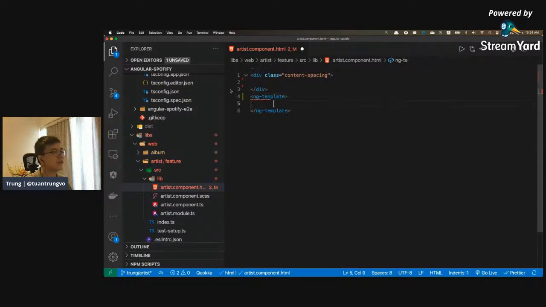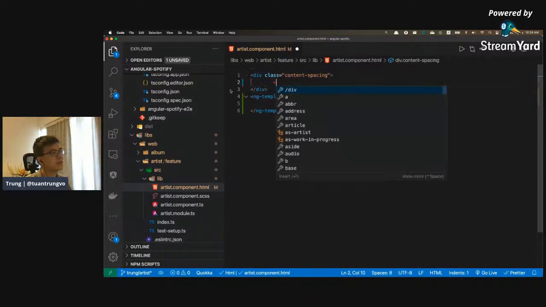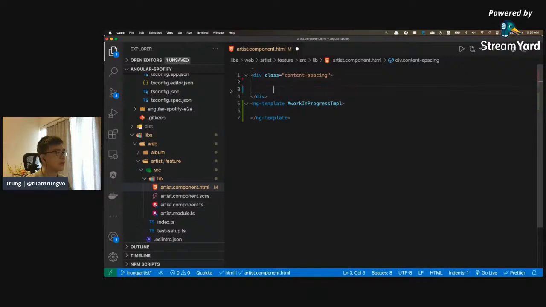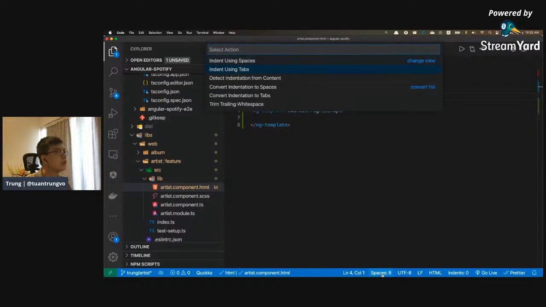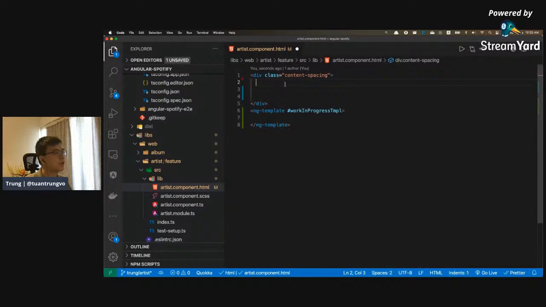So do ng template. It's been a long time I didn't really do Angular, so sorry if I'm forgetting any syntax, but I just do a work in progress template. So here I just do, this is one of my favorite. Why is the stuff so big? Oh, space, it was weird. Space, so it's gonna be 2. Why is it so big? Very shame. So just do ng container,